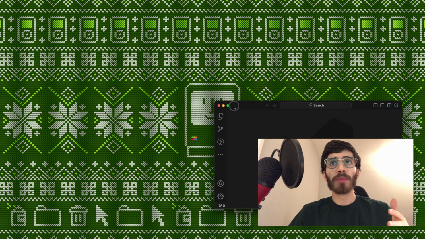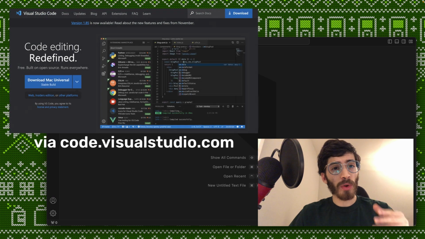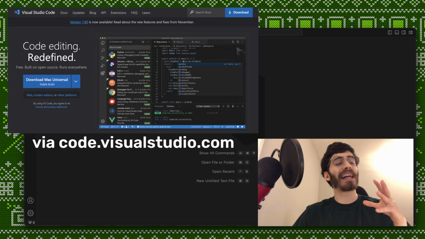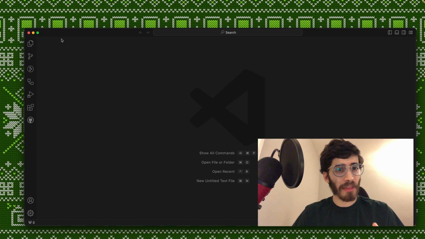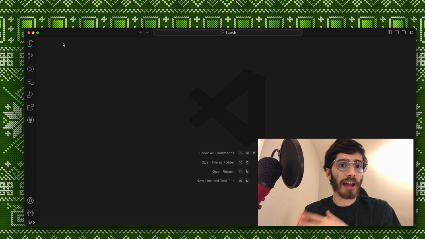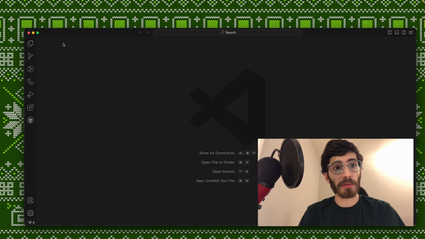Now, the text editor I'm using right here is known as Visual Studio Code. It's free to download. It has a lot of support from people if you're Googling problems. That's one of the main things I look for when I'm trying out a new technology or a new app: is there a lot of people online who have answered questions before that could help get me out of situations if there's a problem or if I'm just trying to get started with something and I don't want those